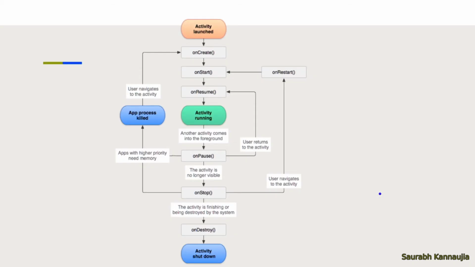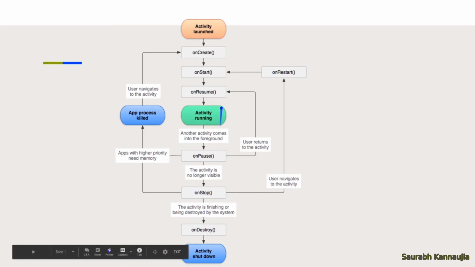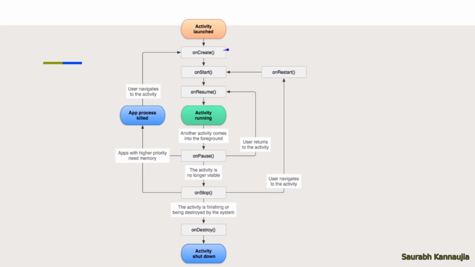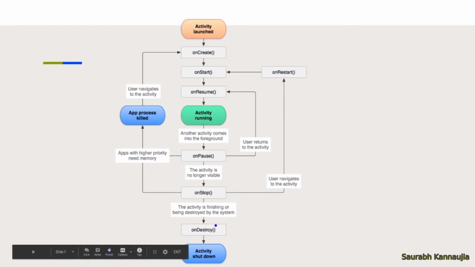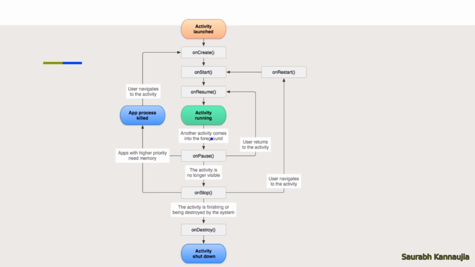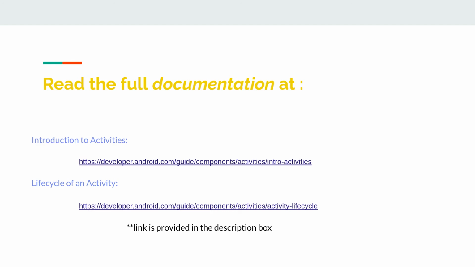One thing to notice here is that the methods onCreate and onStart, these two methods we generally implement in our application, but onResume, onPause, onStop and onDestroy are the methods which are implicitly called by the Android system. We need not worry about implementing those methods. These methods are generally called by the system, but talking of whether we can implement them manually or not, yes, we can implement them, and we will see in further tutorials how to implement them.